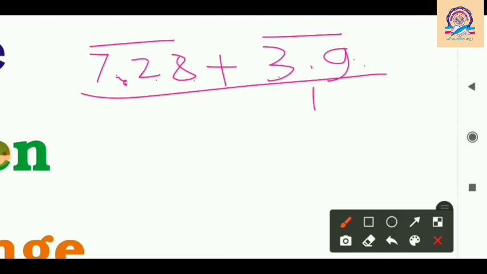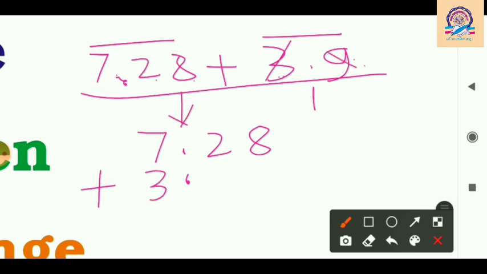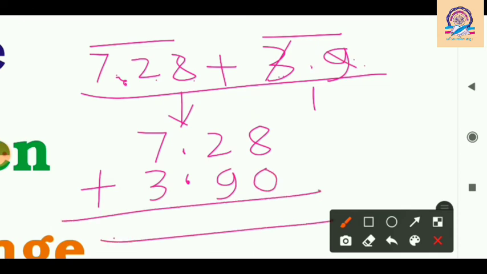Now let's add them. So first write the first number 7.28. Now take a plus symbol. Now another number is 3.9 and now it will be 3.90. So it's very important when you column up the numbers, the decimal point should be in one line, remember. Okay, this is the decimal line, so the points will be in the same line. Here 3 is in the ones place, so put it here, and 9 is in the tenths place, so just write here, and after this we will put a 0 to make it a like decimal number.